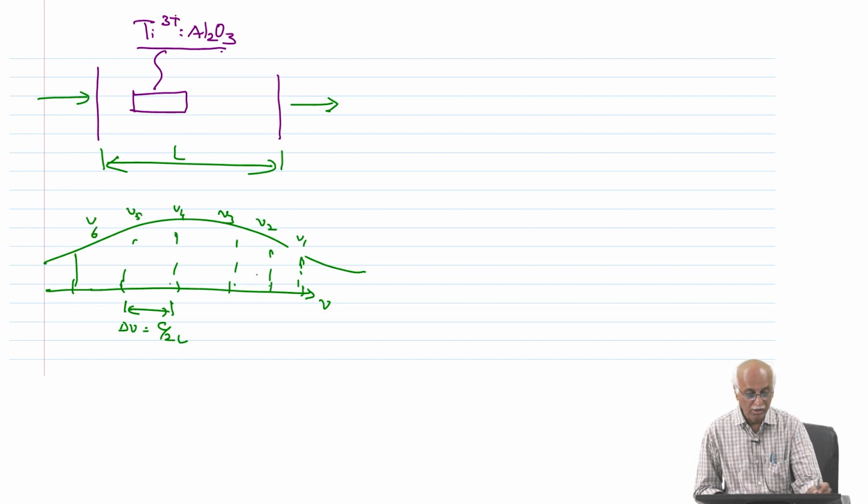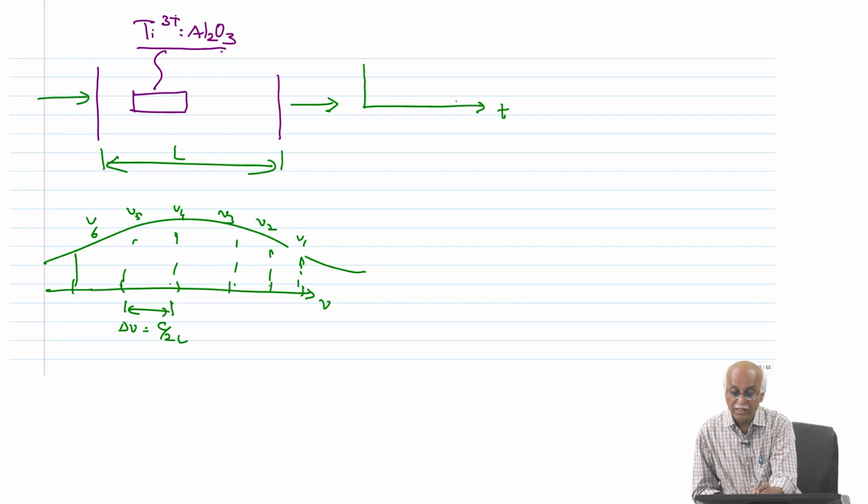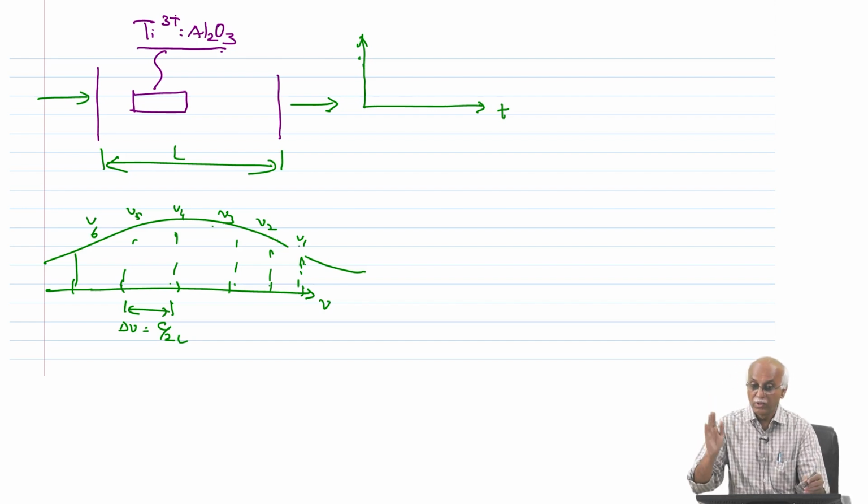I have many such modes oscillating, and if I add up the electrical field in terms of time and see the output, what will happen? All of them, nu 1, nu 2, nu 3, nu 4, nu 5, nu 6, all these wavelengths will have